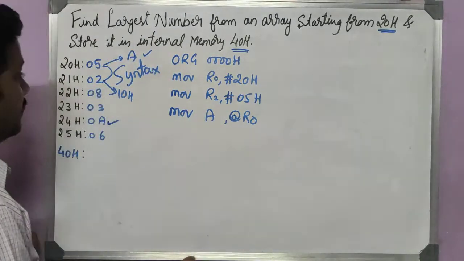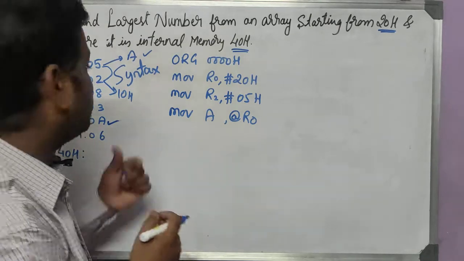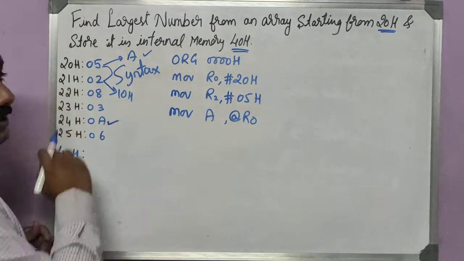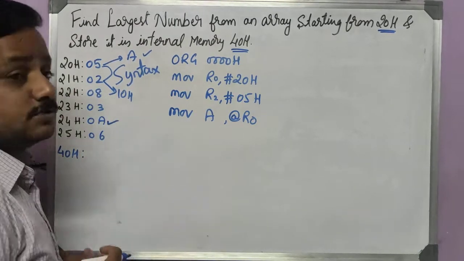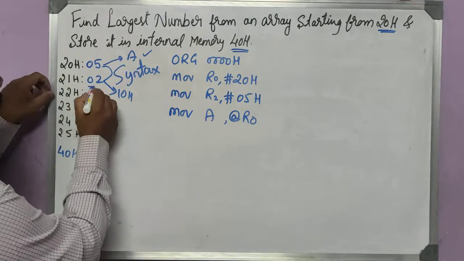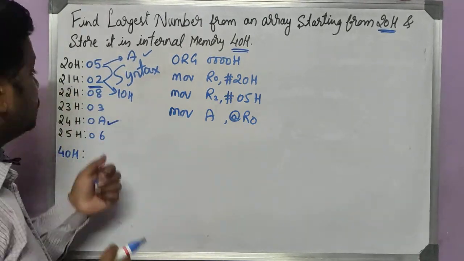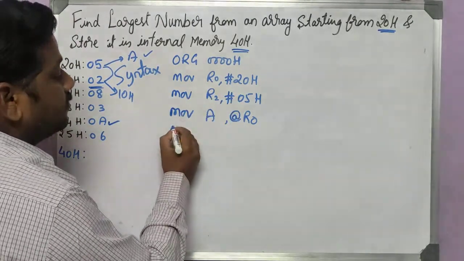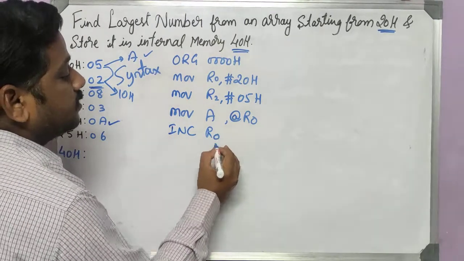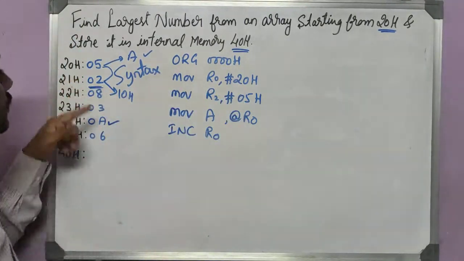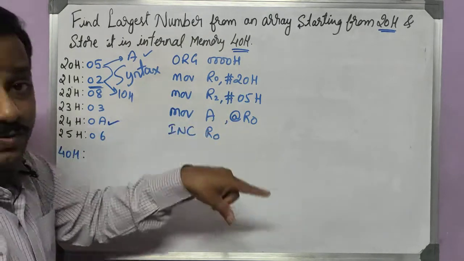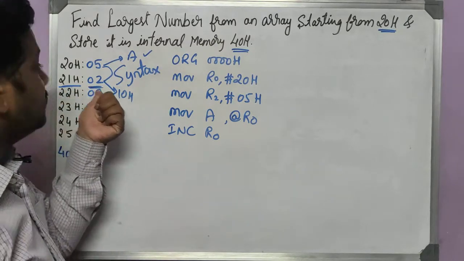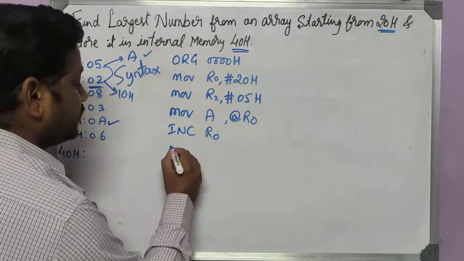That's clear. Now I want this into 10H. You can take any other address here; it's not only 10H, but leave this and take something different. I will take 10H here. So move this to 10H. How to do that? Where we have this is at 21H, so we need to increment. I will increment R0. If you increment R0, it is going to become 21. R0 will be pointing towards 21 now. And that data, what we have here, I will take it into 10H.